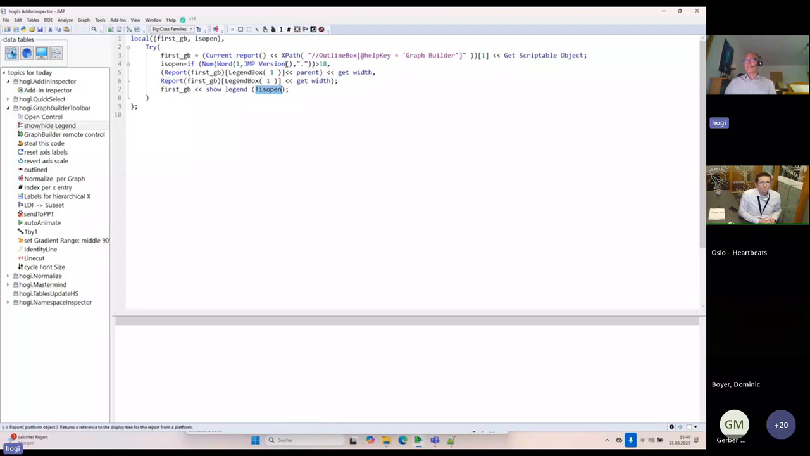And here you see there is additional code necessary, because with the next version, the width is not the width of this box anymore, but there will be an encapsulating box, and this box will change its width. So depending on the JMP version, you have to talk to the legend box or to the parent of the legend box. Okay, these two were the motivation for the Graph Builder toolbar, and now more fancy is this Graph